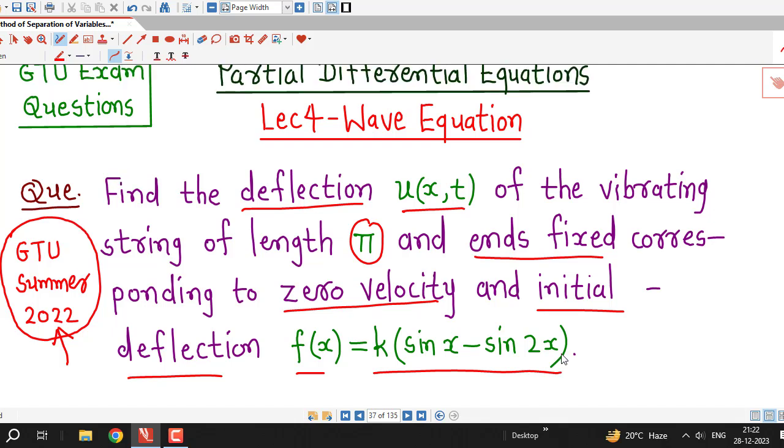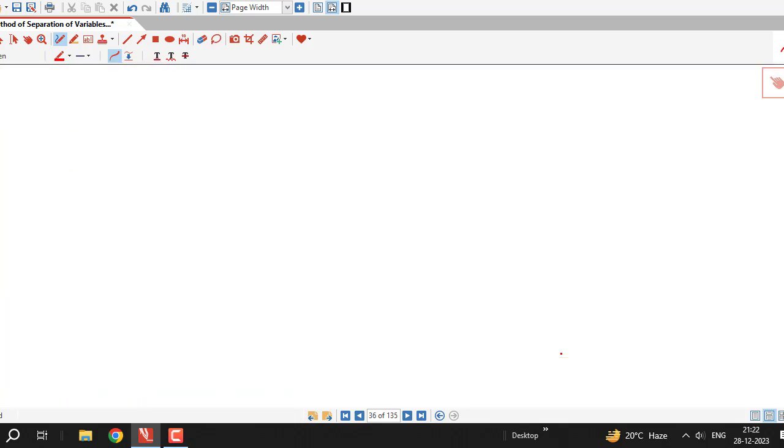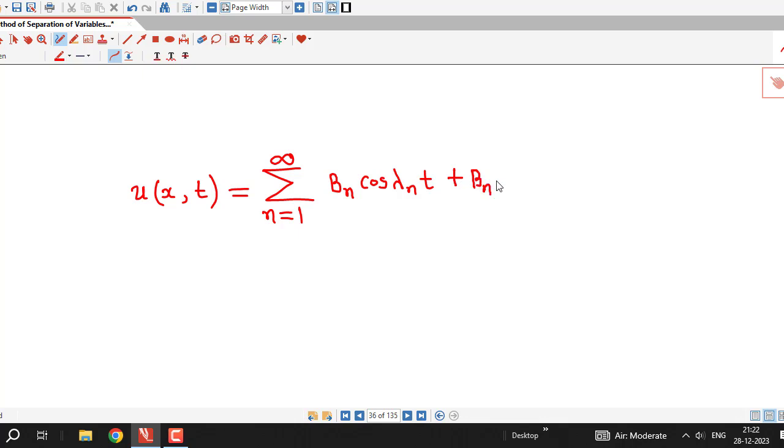We have discussed this type of problems in earlier lectures, and we know that to solve this type of problems we should remember the solution of one-dimensional wave equation which we have derived in lecture number 1 using method of separation of variables, and we know that the deflection u(x,t) of vibrating string is given by sigma n equal to 1 to infinity, Bn cos lambda n t plus Bn star sin lambda n t, multiplied with sin n pi x divided